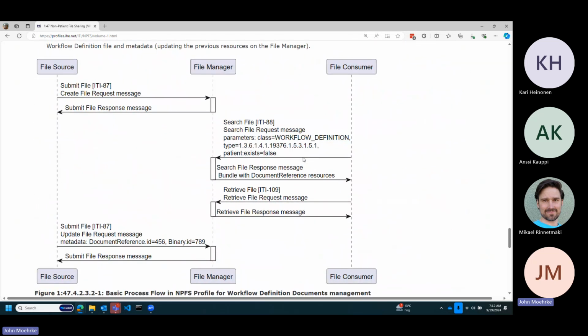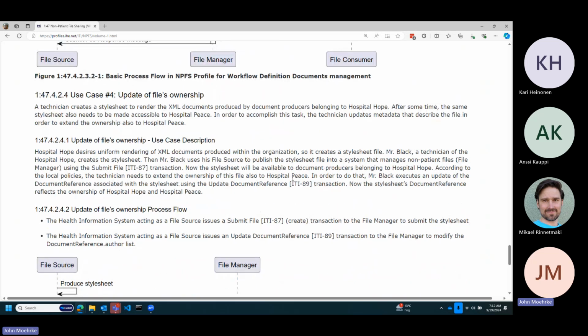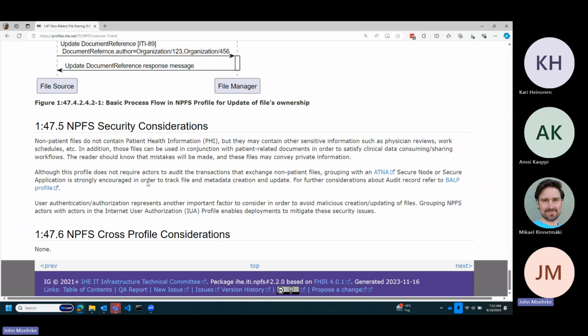I'm not sure this one really adds much, but there are some other cases where you have submitted some documents, but you want to change something just in the document reference. So we'd use ITI 89 to do that. There's not a lot in the security considerations because they're not patient specific, and we expect that you understand the files you're putting up there. If they're still sensitive, like business sensitive, you still have to worry about that, but it is a little bit different in that you don't need to